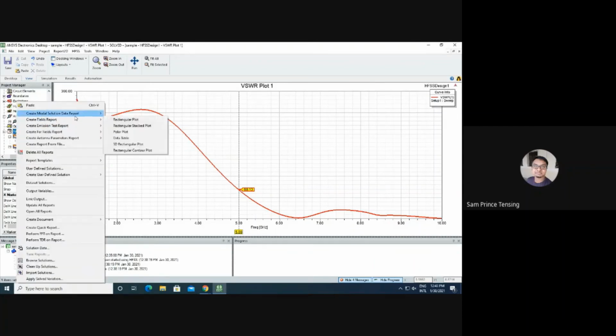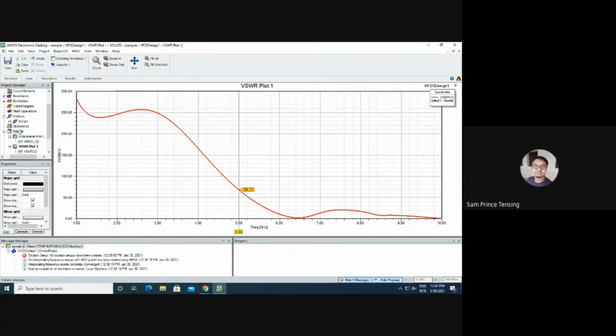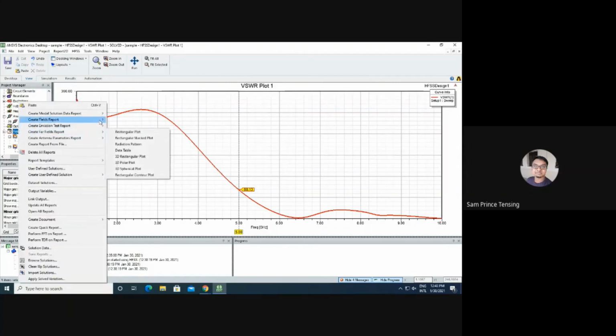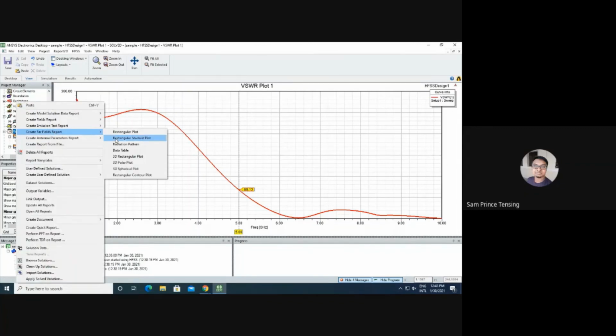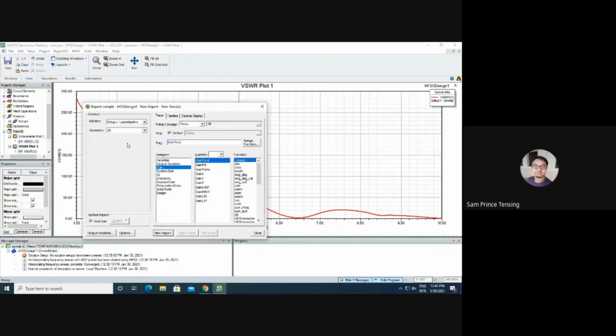Next we'll see gain. For gain, go to results, right click, create far fields report, radiation pattern. Click on it. You can see here gain total.